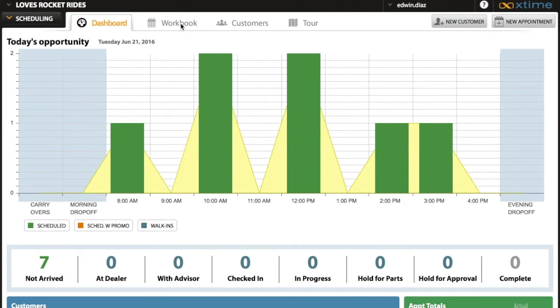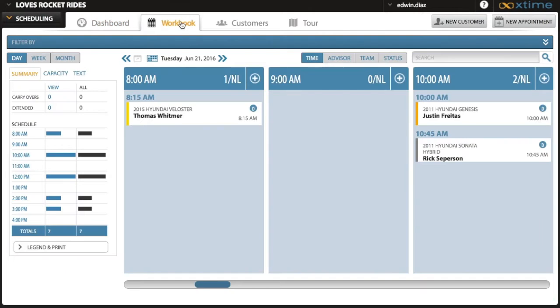The second of the 4 tabs is called the Workbook, which is the equivalent of the ledger in Classic, from where you can view and access all scheduled appointments and walk-in placeholders. Important areas to note are Scheduling 7 provides 3 views consisting of day, week, and month view, which displays 3 hours at a time in day view, 3 days at a time in week view, and appointment statistics for the